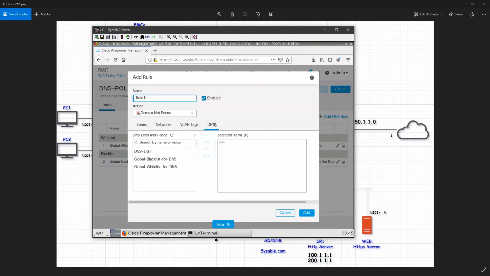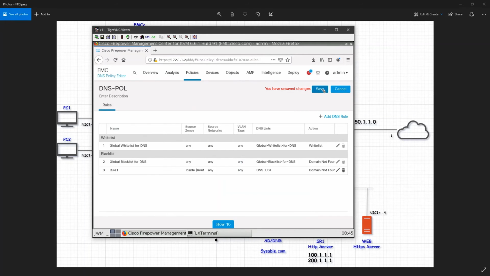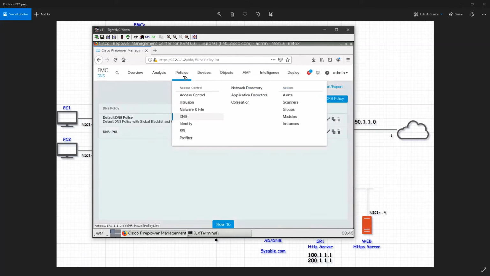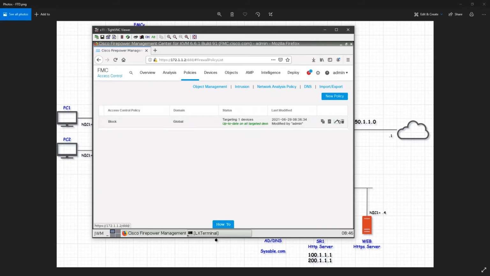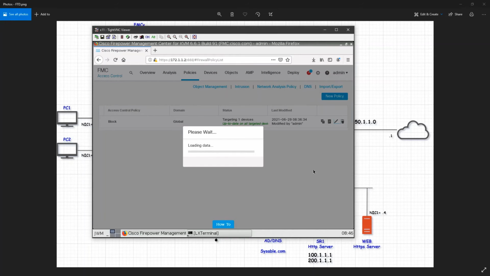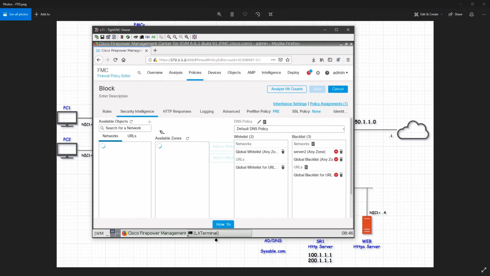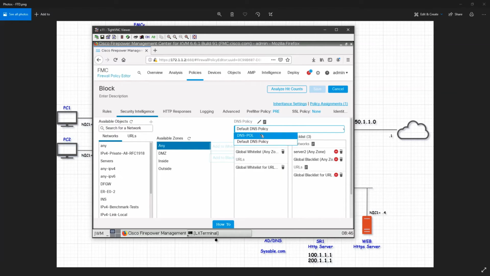So now, once the list has been added, you see your list is here. So add that list here. And instead of that, select domain not found. Okay, we are not selecting monitor or whitelist. We are selecting domain not found. Click on add and click on save here. And now I will go to my policies, access control policy, edit this one, and I will go to my security intelligence. Click on that one, and here you will attach your DNS policy.